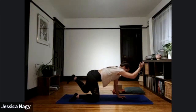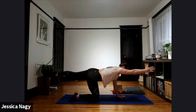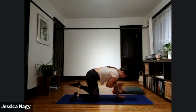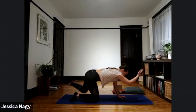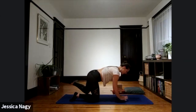And then exhale, elbow comes to knee, spine rounds here. 2 more times. Inhale to reach forward, get nice and long, stretch. Exhale, rounding the spine, lifting the belly. Last time, inhale, reach forward here as far as you can go. And then exhale, really feel that compression. We'll send it out long one last time